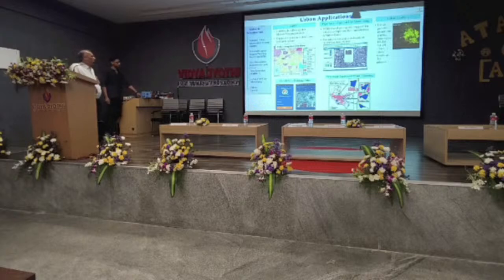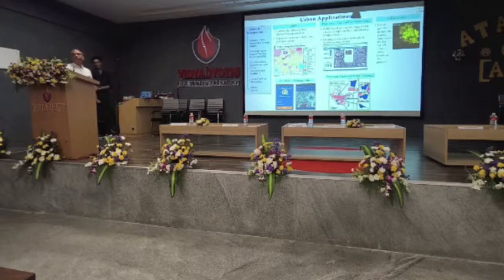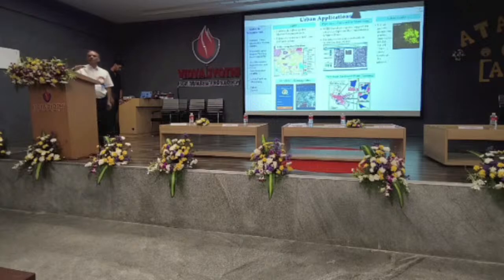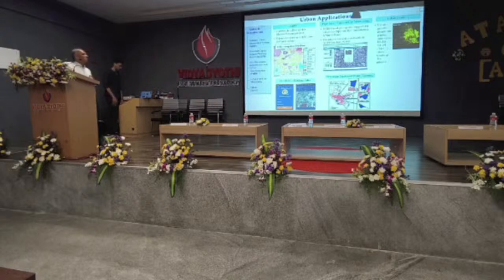And also GAIL pipeline monitoring. Now these gas pipelines, gas companies, they have their pipelines transmitting their gas. Now the problem is, if anybody mishandles, and these pipes are underground, say about 2-3 meters deep. Now if anybody knowingly or unknowingly does anything there, it affects the entire pipeline system. So this pipeline corridor needs to be monitored if any untoward incident is taking place. So that is one project which we have done, and it is expected to be continued by the company itself